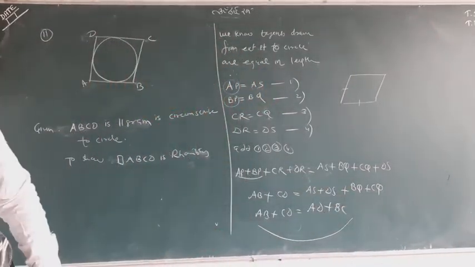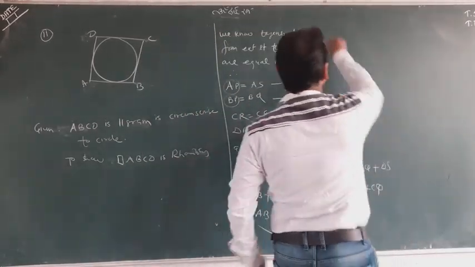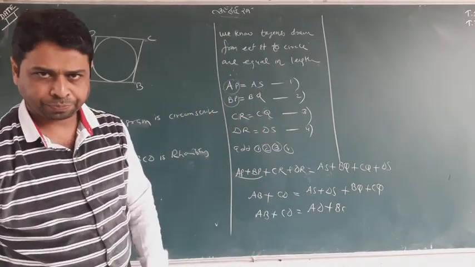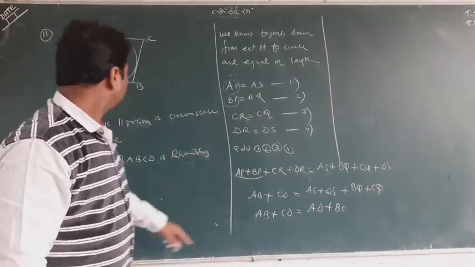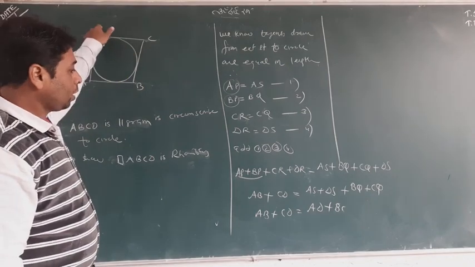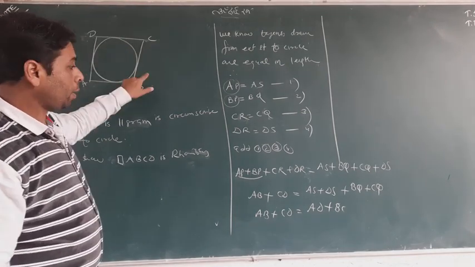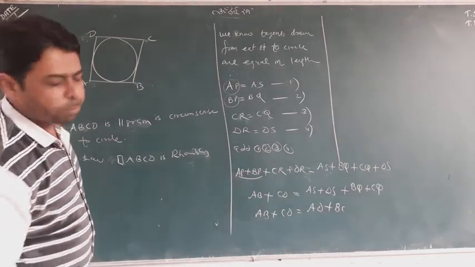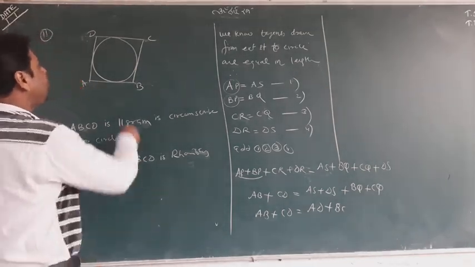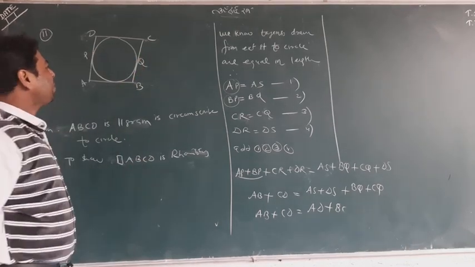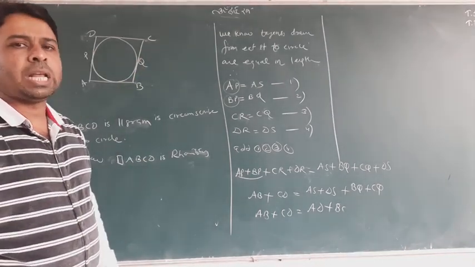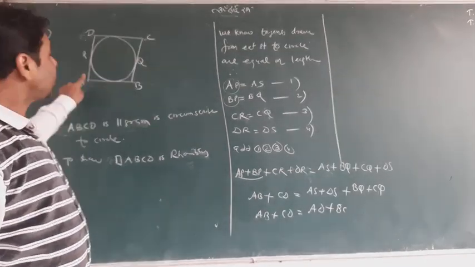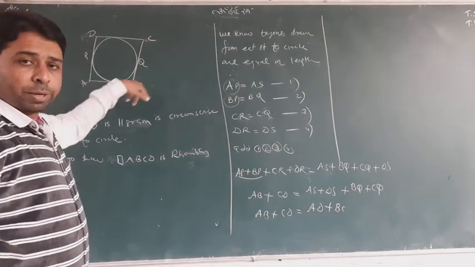Now what I'll do? I just tell you that you have to do the question the same till here. AB plus CD equal to AD plus BC, and I think it was P and Q that I took here. So I will write P and Q. That is the same as I took in the last question. Now let me say how we can show AB equal to AD, because AB equal to AD means it's going to be a rhombus.